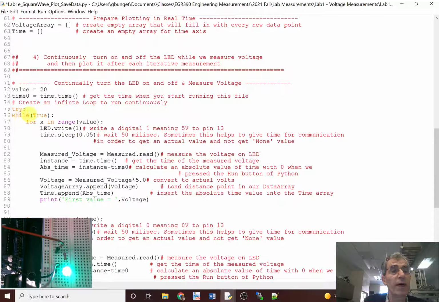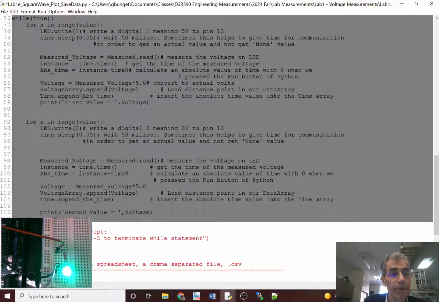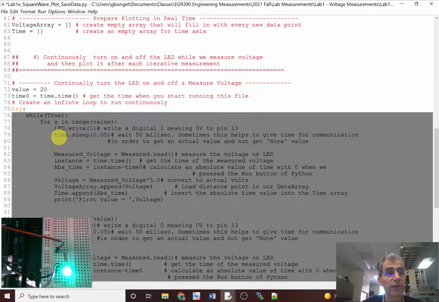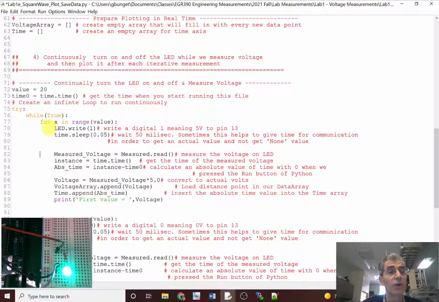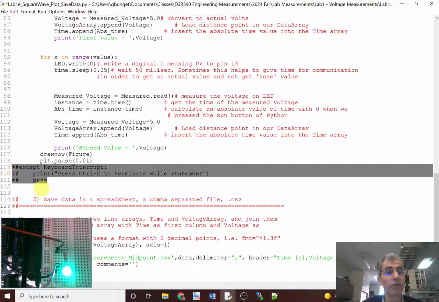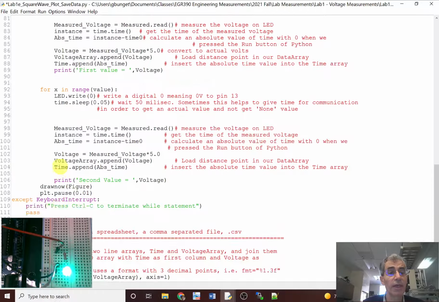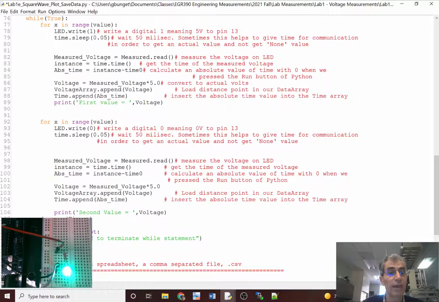So I put that try, and now I have to select this whole code, all the way up to here at the end, the whole while loop, and indent it one step to the right. So I'll select everything there, and I hit the tab key. And I indented everything to the right one step. So now you can see the whole while loop is in this try. And again, I apologize, I didn't want to type all of it and keep it there, so I comment this with Alt 4. And now basically what it tells it is: execute the loop, go there and execute it, and except when